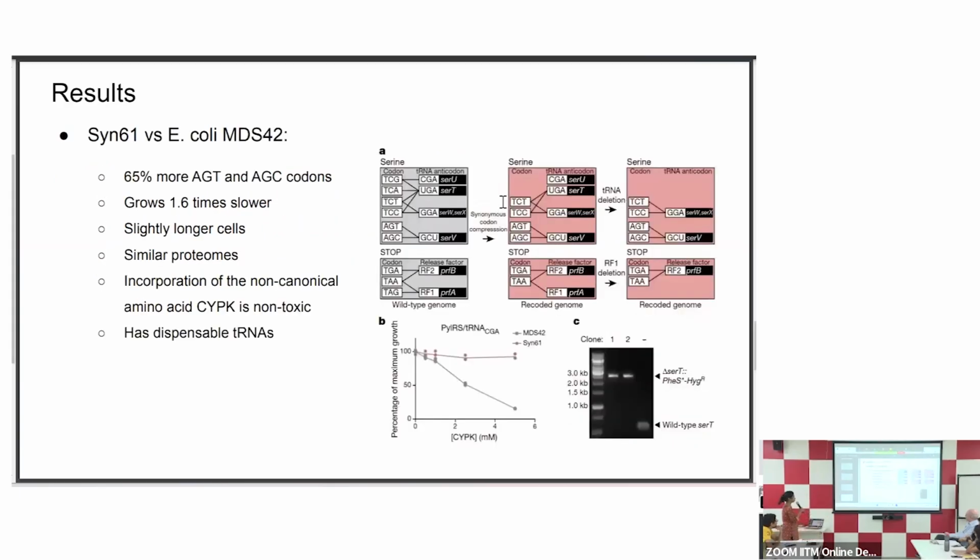Now, they have compared the two genomes, the original MDS42 strain of E. coli with the SYN61. What they observe is the new genome has 65% more AGT and AGC codons. It grows 0.6 times slower than wild type, and then the cells have been reported to be slightly longer, and the proteins seem to be similar. One interesting property that the new genome has is it is no more toxic to some non-canonical amino acid CYPK, because